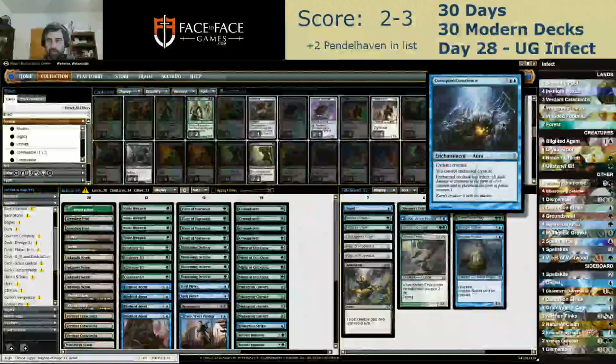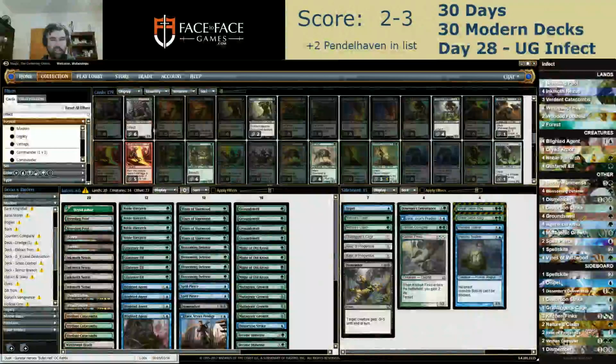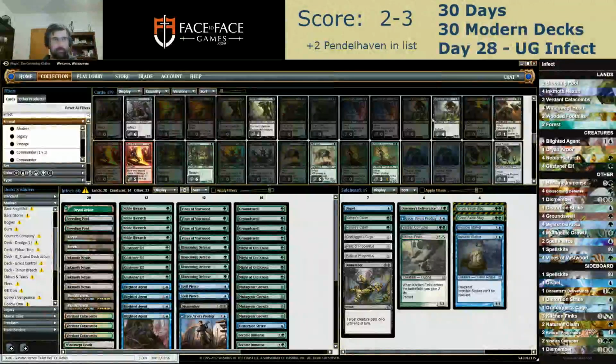The mind control is kind of funny. We're never getting to 5 mana, but this is probably the funniest infect card. Tainted Strike. Oh yeah, Tainted Strike, thank you. You could also play Phyrexis, which is worse, but...